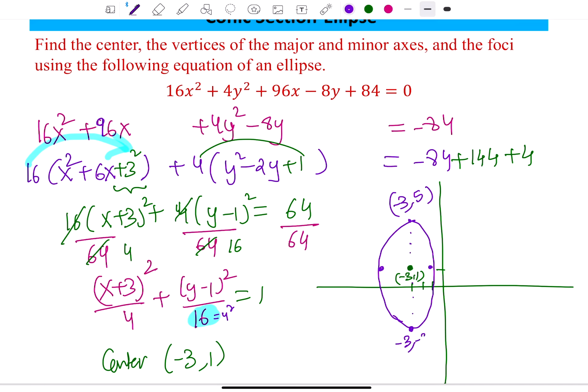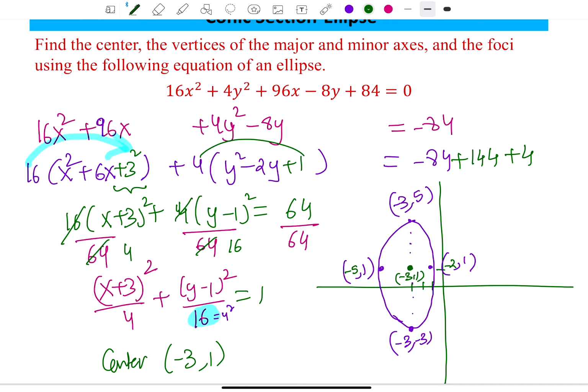If I go 4 below, I'm at negative 3, negative 3. And going to the left and right, the co-vertices. Remember, the y coordinate does not change when we move left and right, but the x coordinate will change. From -3, if I go 2 to the right, I'm at -2. If I go 2 to the left, I'm at -5. And there's my